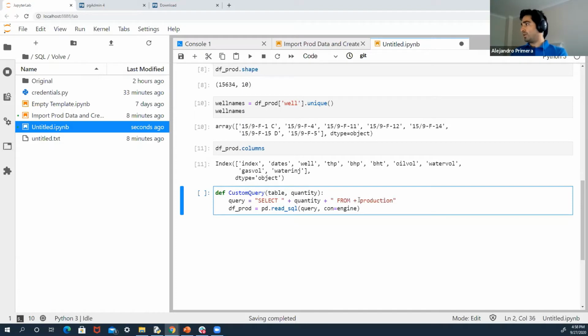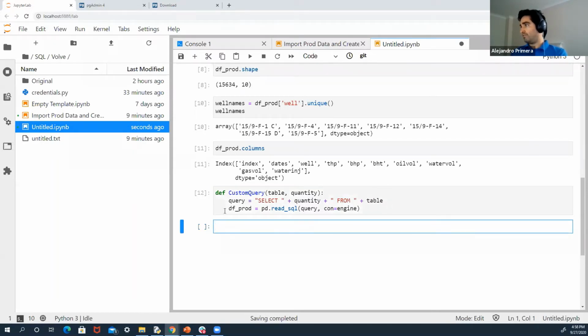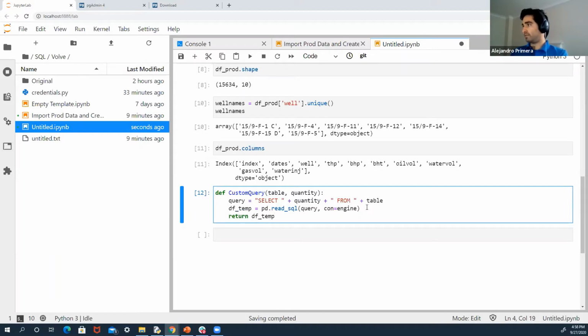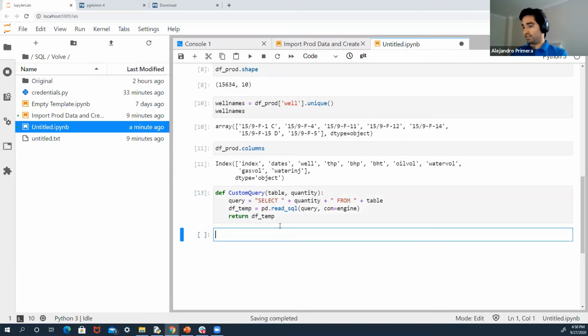And I want to bring also some sort of production. Instead of production, I want to bring table. So I have this customized, and let me call it something else, the ftemp. And in this function, I want to return the temporary data that I have queried. Okay. So if I run that query,